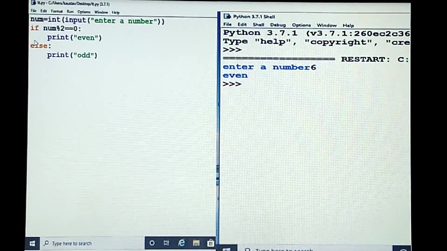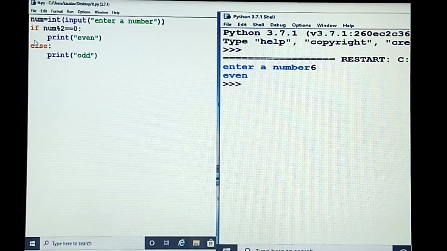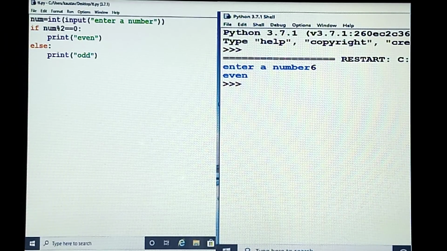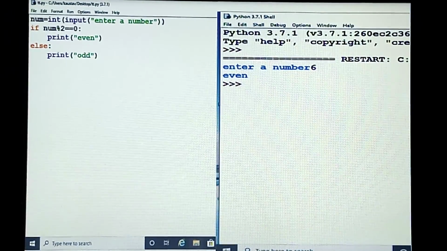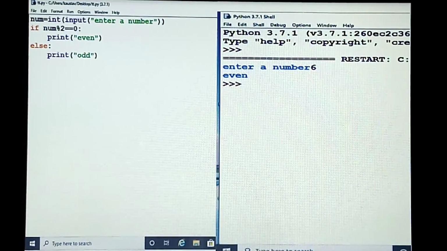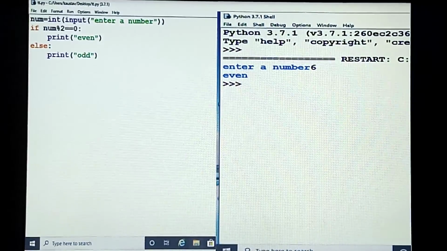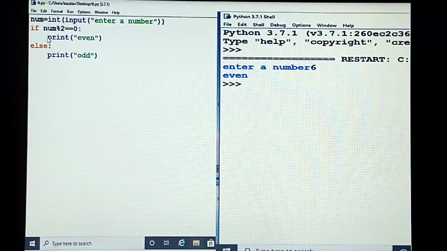Now we know about indentation, because in Python indentation is a very important syntax. If you use Python IDLE, which I am using here because I don't have Linux on my machine, then automatically, after giving the colon when I press enter, the cursor will come over here.